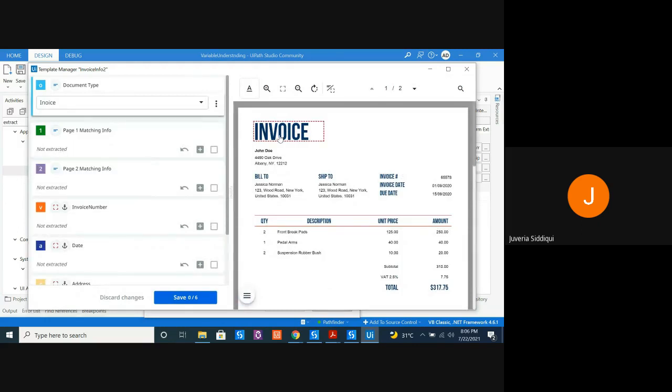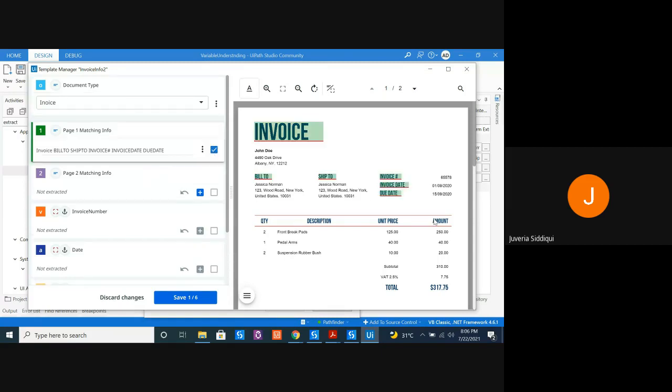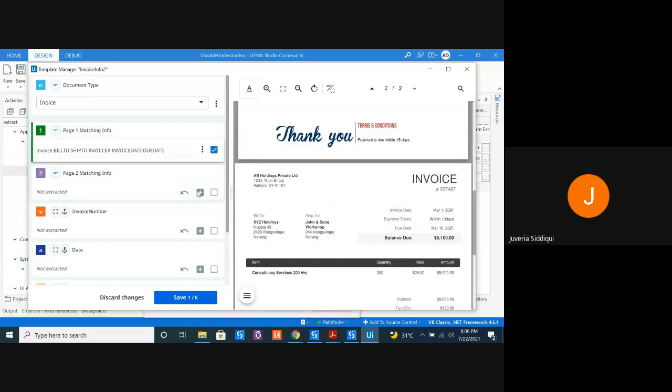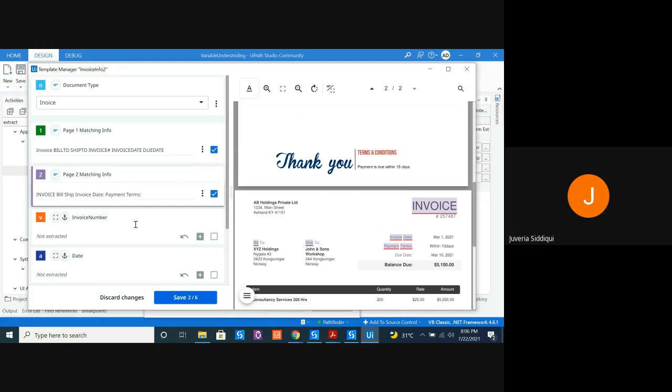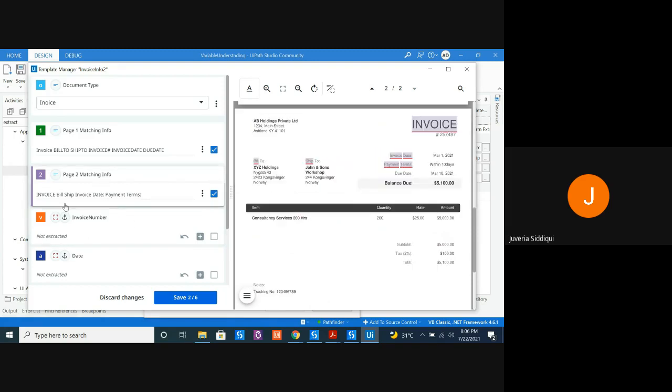Let's start by doing that. So let's start by selecting at least 5 words. Done. Now we are going to extract the values for page number 2.